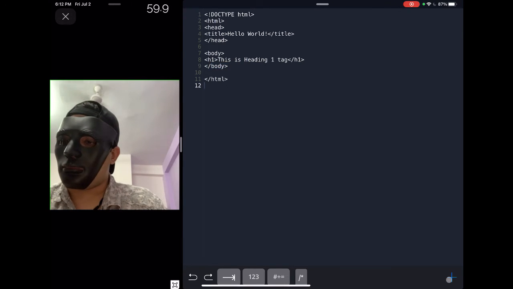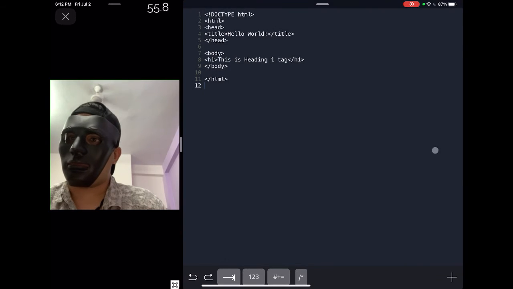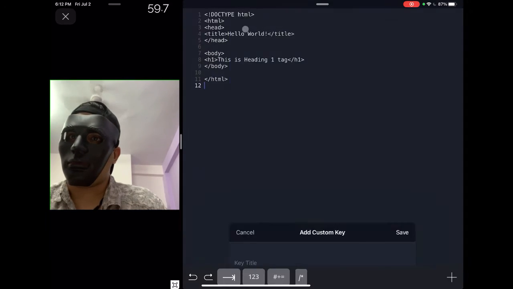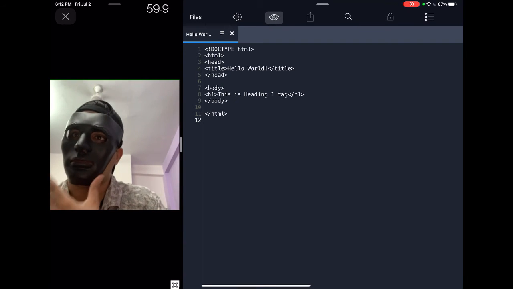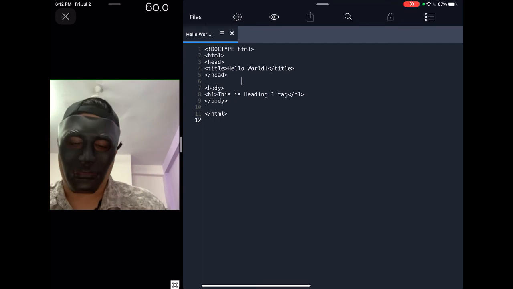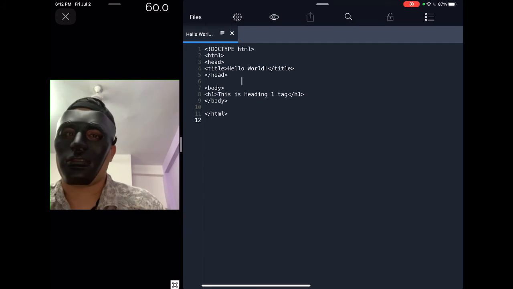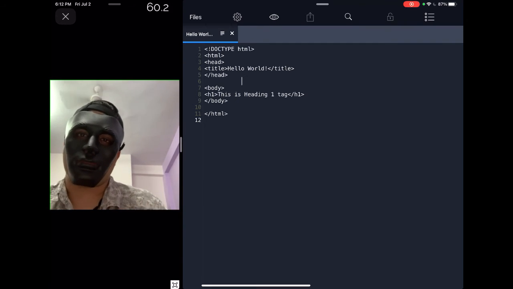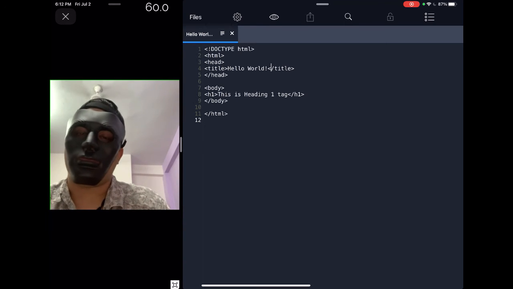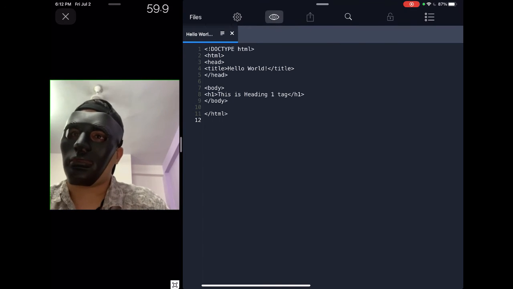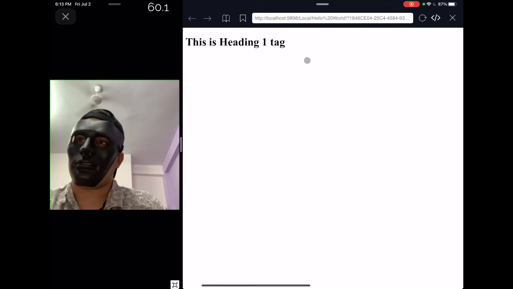See here, in this editor we have this file over here. Otherwise what you need to do is press Control S and save it if you're using a Windows laptop. If you're using a Mac laptop, it is Command S, and you need to save it as .html, and then go to your browser, double click on it, and it will open in a browser. You can also go to a browser, redirect it to the path that you've saved it, and it will open. So right now we'll open this, and this is the heading 1 tag, as you can see.